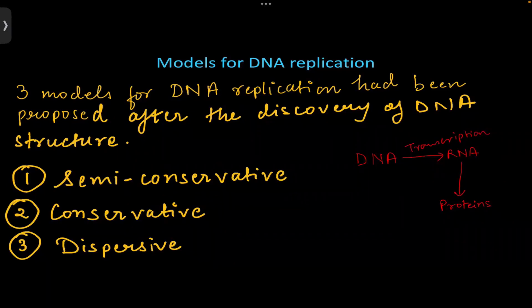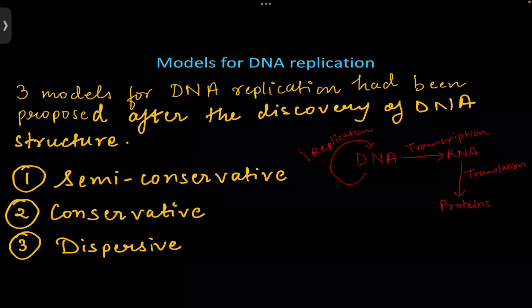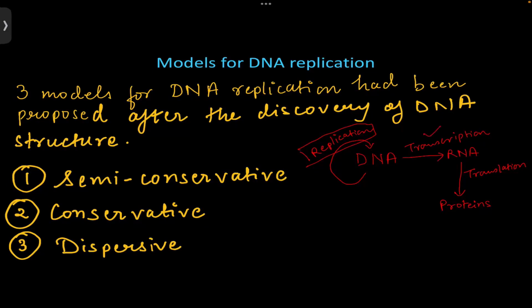Formation of protein from RNA is called translation, and DNA can create its own copies, or replicas, and this process is called replication. First we will cover replication, and then in the next classes we will individually discuss transcription and